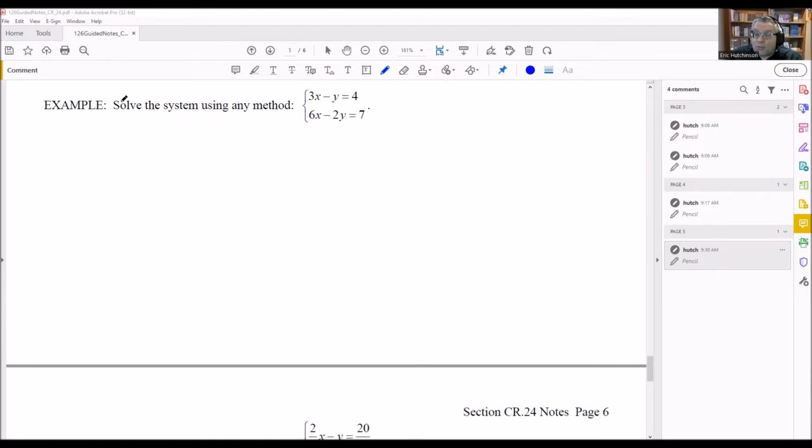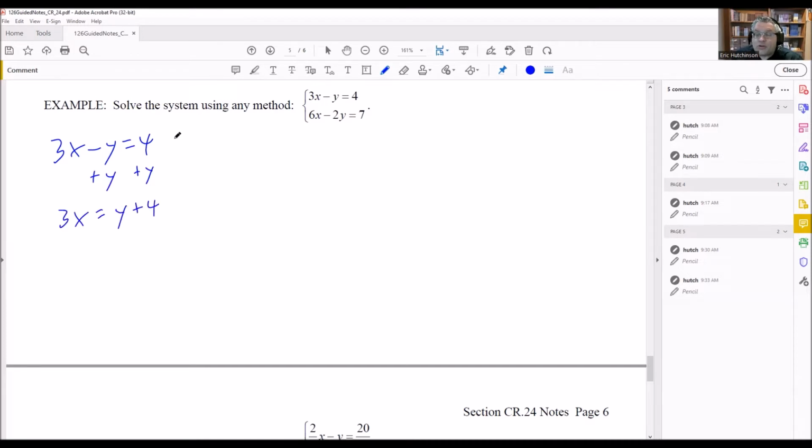So I'm going to do this problem by substitution, purposely solving for the y in the first equation because we see it's isolated. If I try to solve for something else, I might involve fractions. So I'll take the first equation and solve that one for the y. I'm going to add y to both sides, and I get